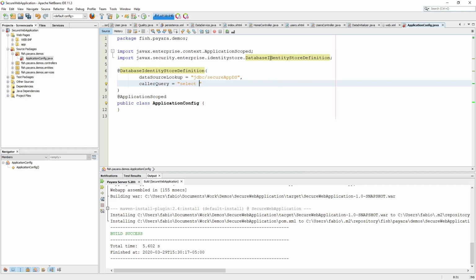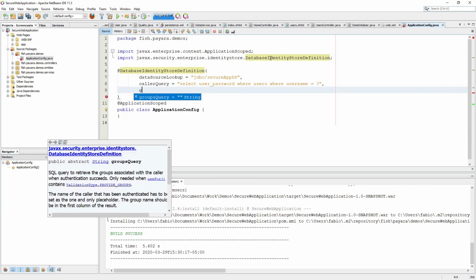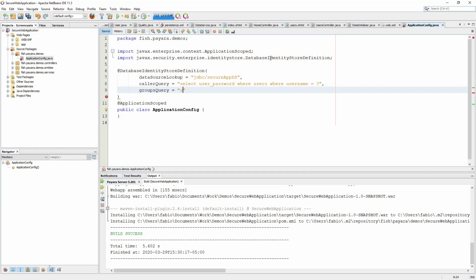So in this case, we're using the password, and we are extracting the password from the users table depending on the specific username that we are receiving in our authentication request. So remember that this is talking directly to the database, so we are not speaking in JPQL, this is just plain SQL. Lastly, I need the groups query, and the groups query will allow me to retrieve all the user